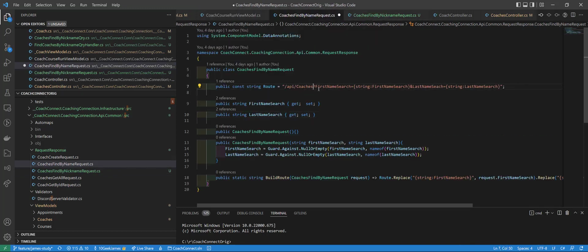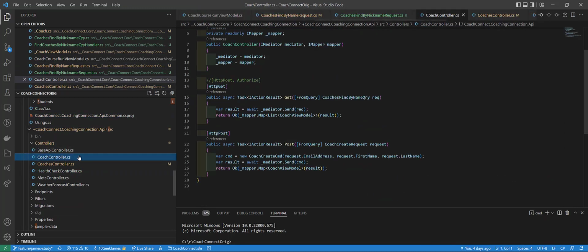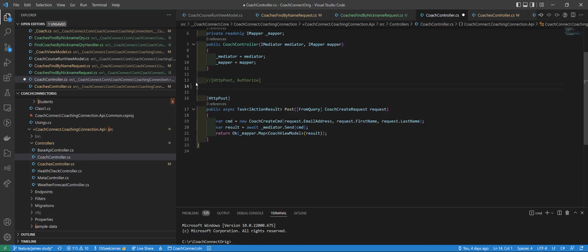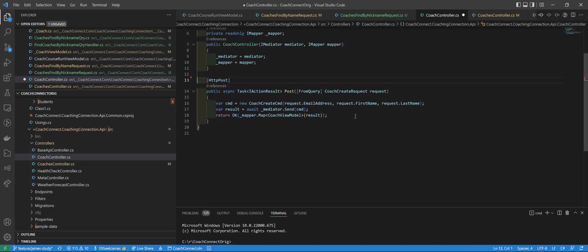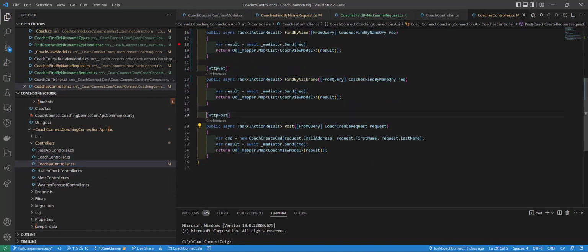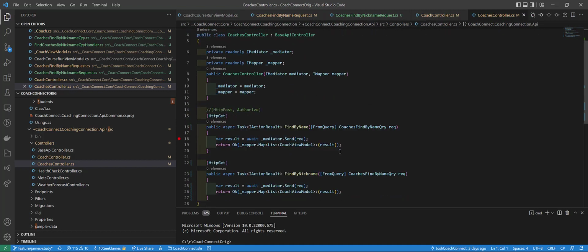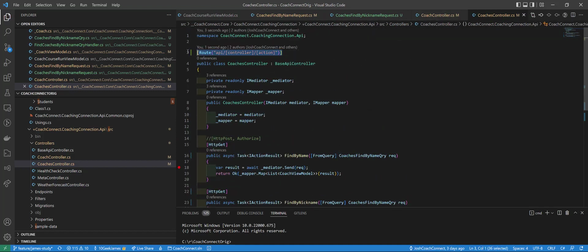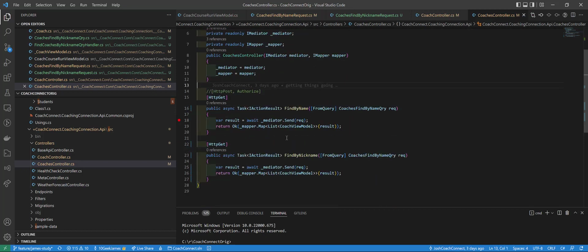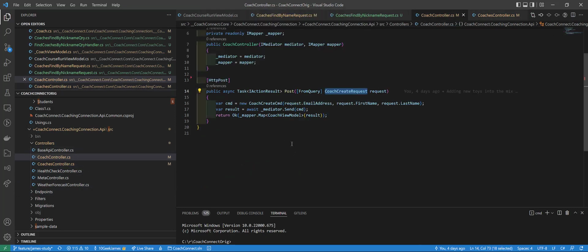It still feels like this one needs to be coaches. Let's look at our coach controller. We just repeat it twice, so let's not. Create a coach, coaches, create a coach. Nope, we don't get to do that. Cool. And this is the one with the additional mapping. All should be well. And now we have an API. What did I do here?